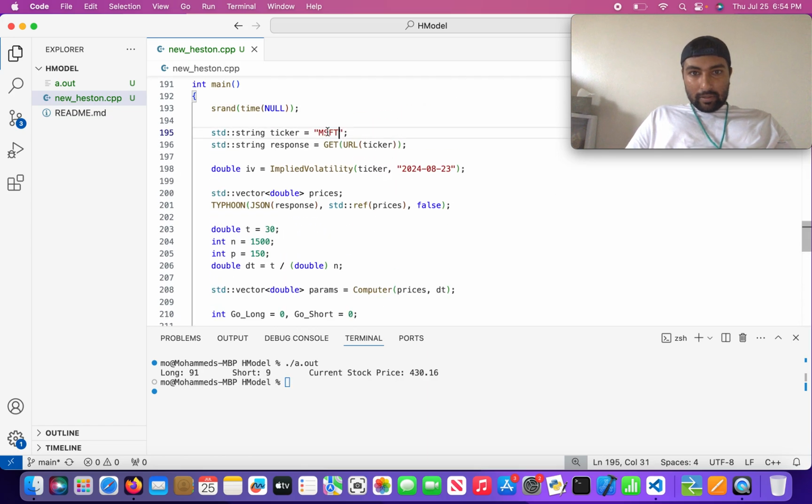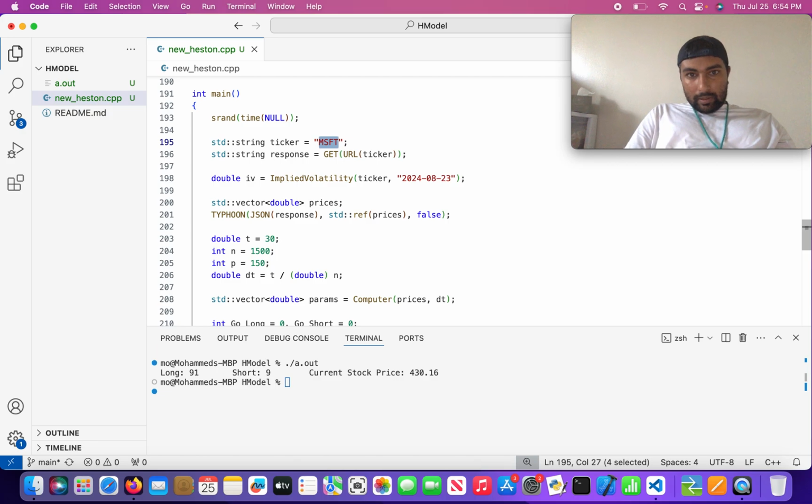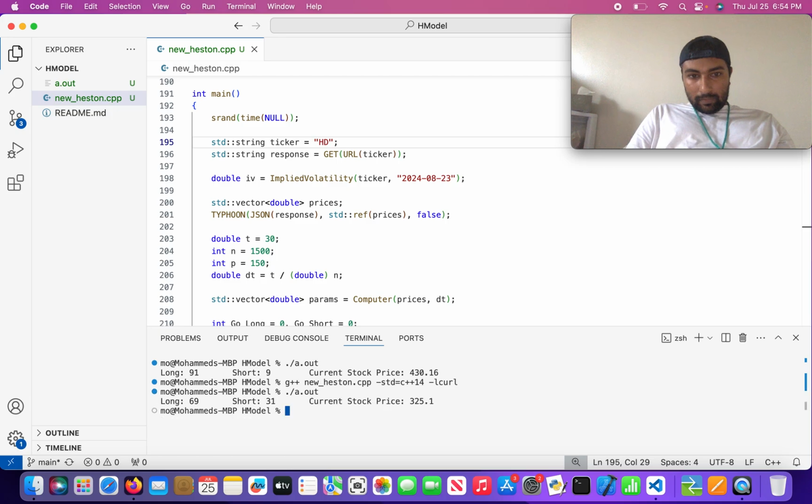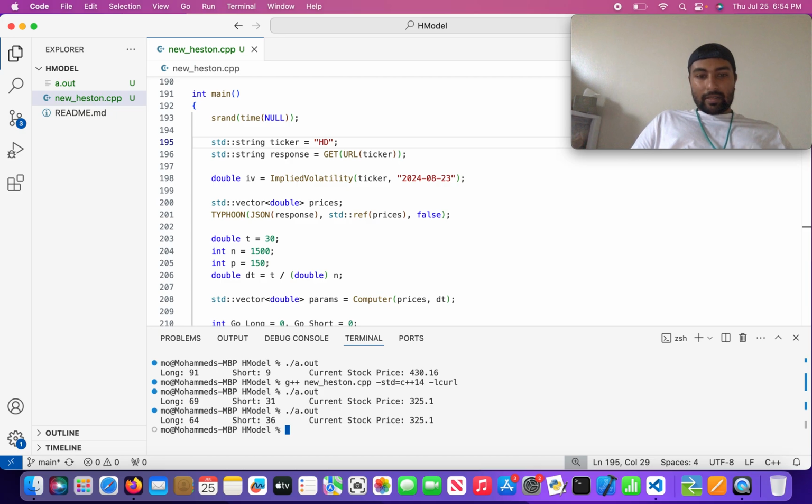Let's look at a different stock. Let's do Home Depot. Like Home Depot makes a lot of bread. So we can compile it up here. ./a.out. Long 69, short 31. Let me run it again. Well, let me wait like 1, 2, 3, 4, 5. A.out. Okay, so it's not as bullish on Home Depot as it is Microsoft. I mean, it kind of makes sense. Like Microsoft's at like the forefront of the AI game right now, so it's like, yeah, there's a lot of